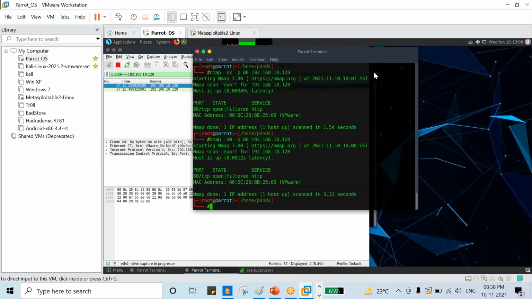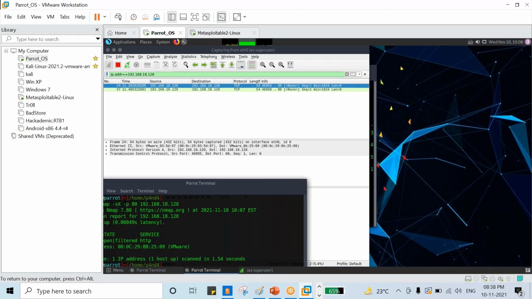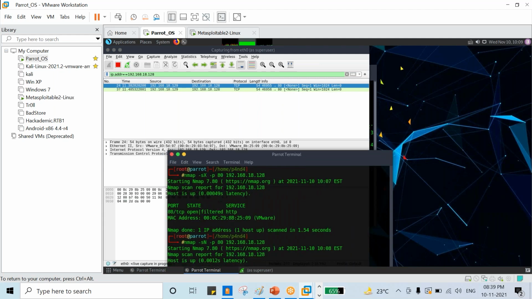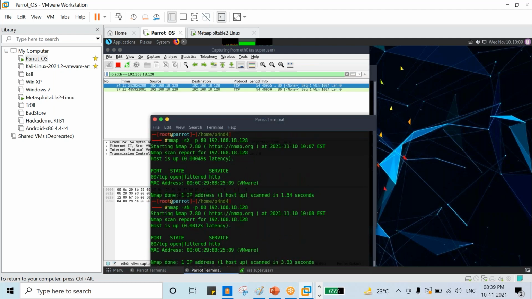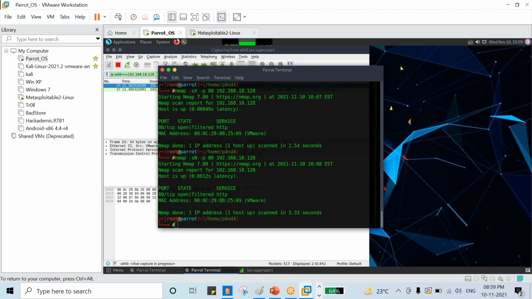I am just hitting enter. You can see, we have sent a null scan. Null scan means we have not sent any flag. We are not getting any reply, right? That means the port is open, right? So this is a scenario where we are talking about the open ports.